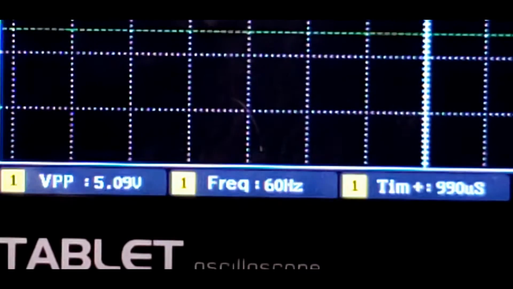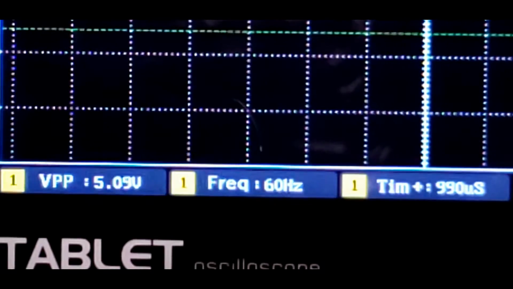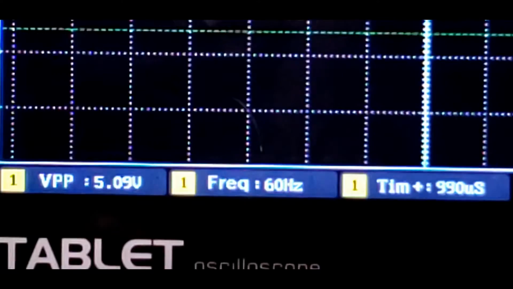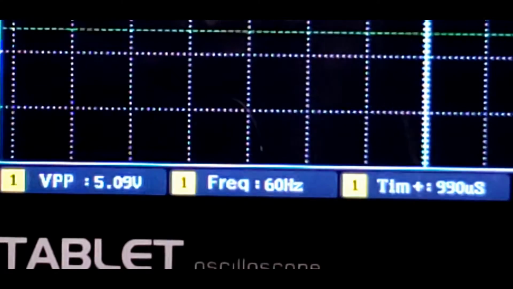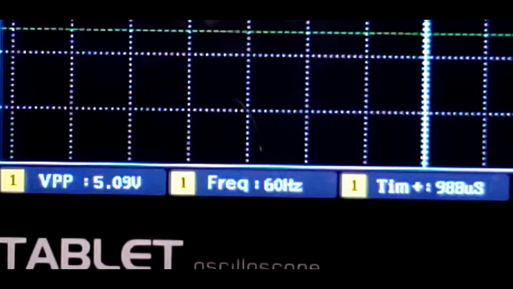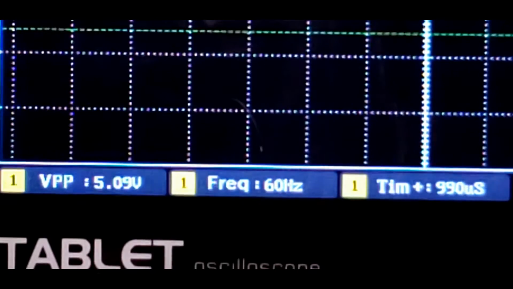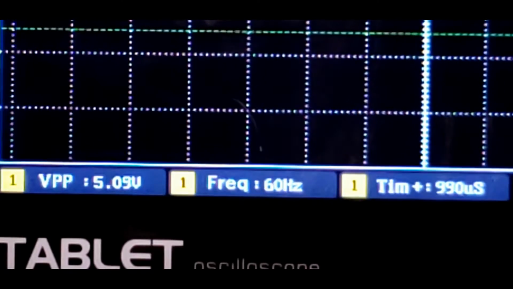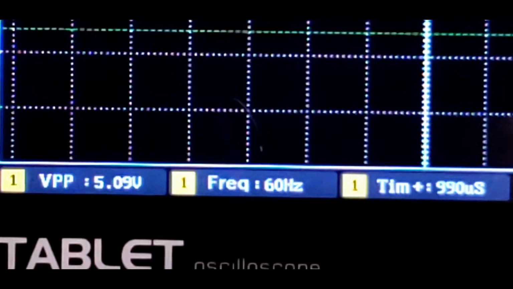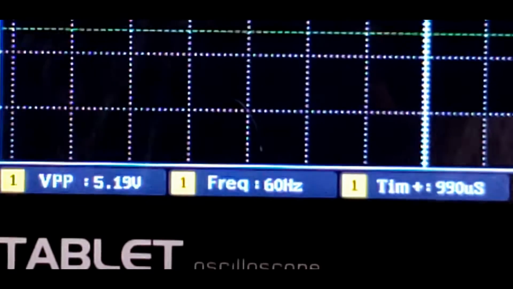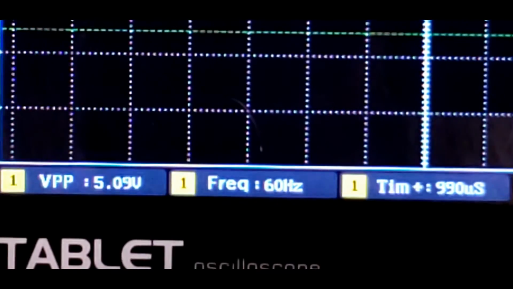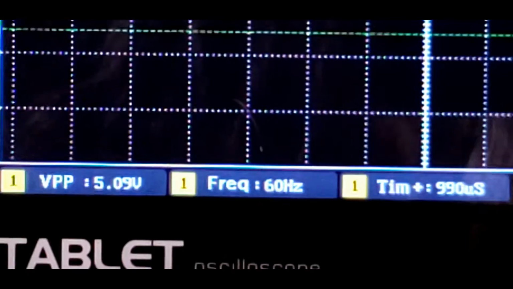putting out a 988, 990 microsecond pulse. The time duration of the overall signal that is 5 volts is 990 microseconds right now. I'm not going to zoom back out and refocus right now on the servo tester, but I'm rotating the dial